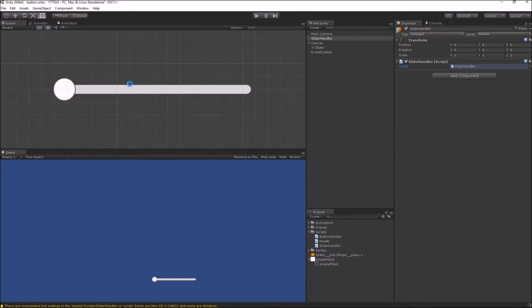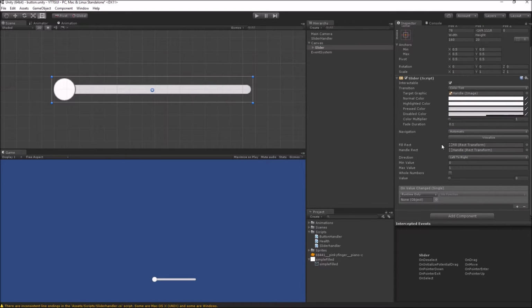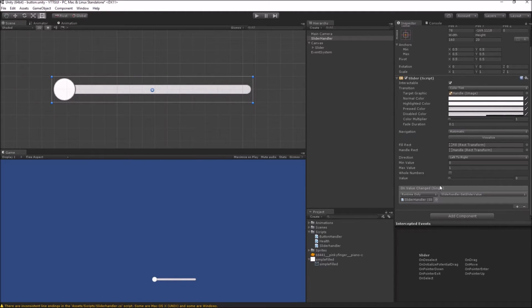Now just like we did in my buttons video, you can hook your function to this slider by going on the on value changed event, clicking on the plus button and then dragging the game object on which your script lies, and then choosing our script, and then choosing the function that we want to attach to this event. Now in the case of slider, Unity will automatically try to recognize the functions which are eligible to be hooked to this function. So in our script we only have a single function which takes a single float as an argument, so it will categorize those types of function in a separate category than the rest of the functions and fields. So we can see that our new function get slider value is placed on the top, so it is easy to choose. Now our function is hooked, and we can check by going into the play mode,